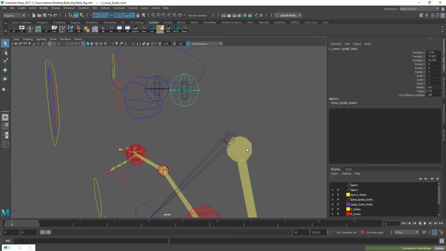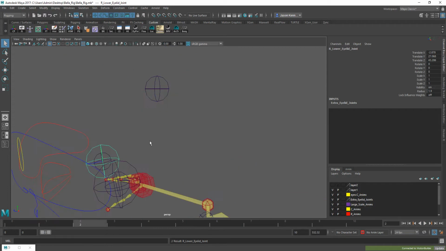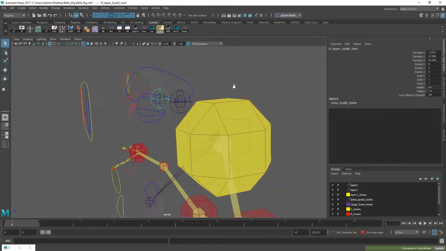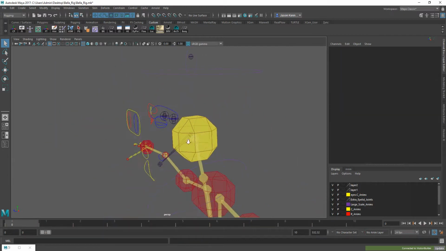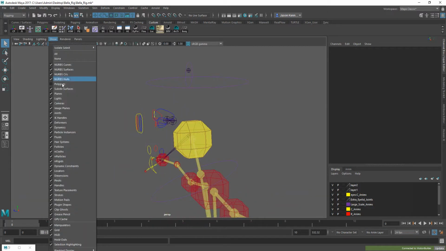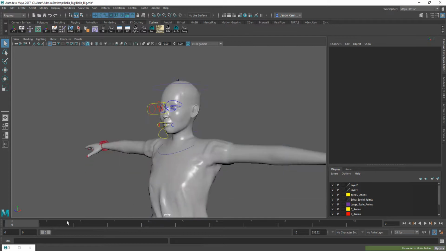And same, P. Grab this one, P. And then just grab the last one, and P. We can turn that back on. I somehow made that yellow now. Don't know why that's yellow now, but that's okay. Show polygons, and I think that solves all of our major issues,